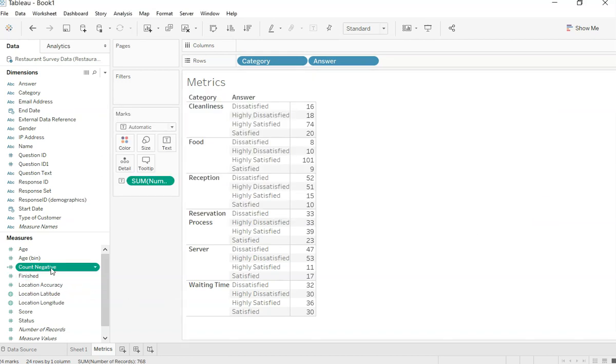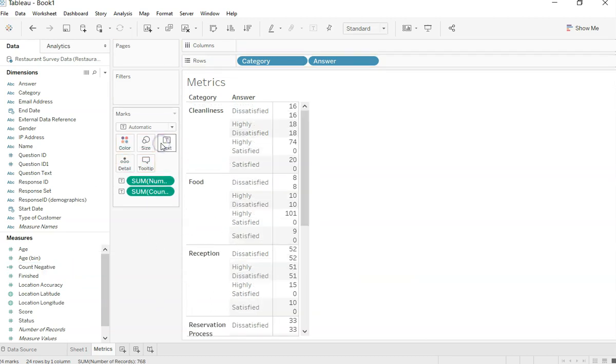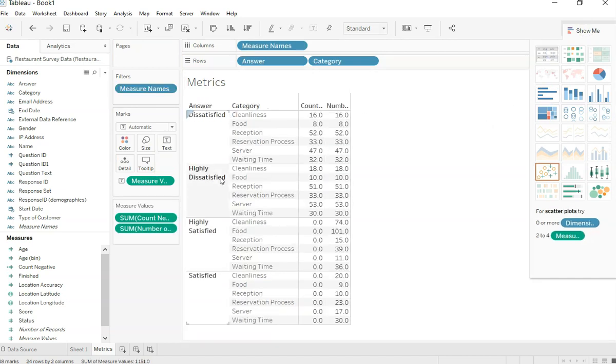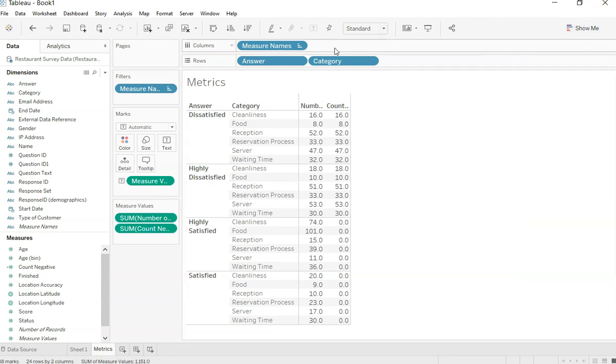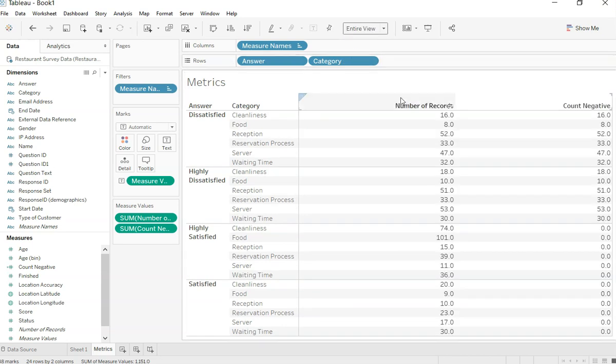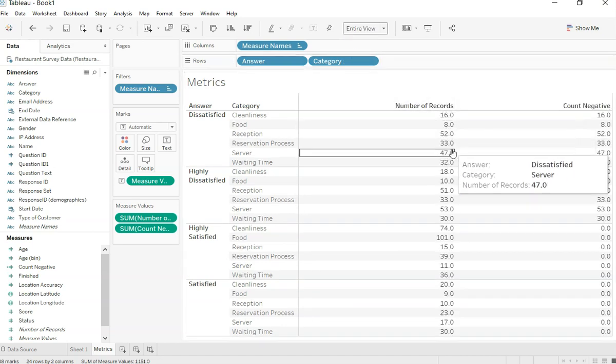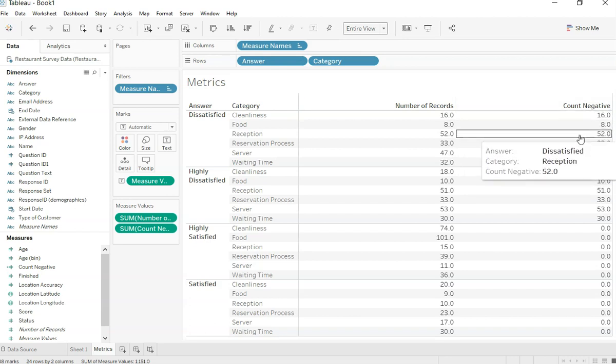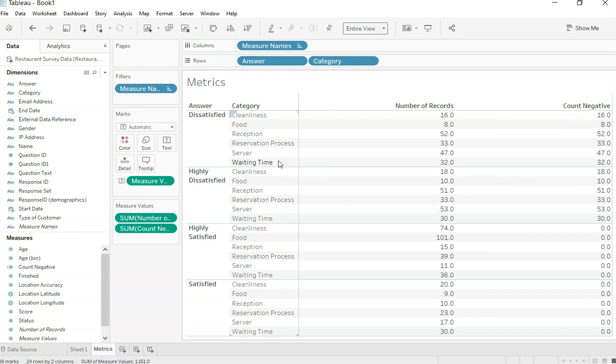So now we have count negative. From each of these categories, we are going to figure out what the negative count is. I'll put it over here and then convert it into text, and count negative over here. Now you see, if I make it entire view, the total number of records is this, and count negative is also, if you see, 16, 8, 52. So this is not coming properly. What we need is